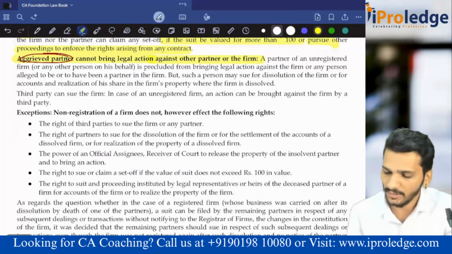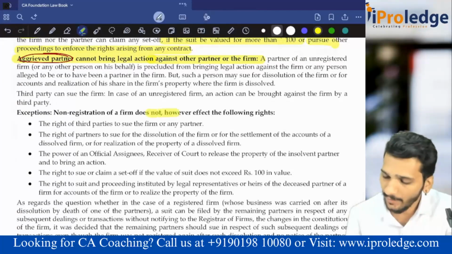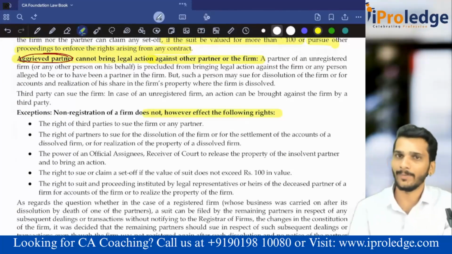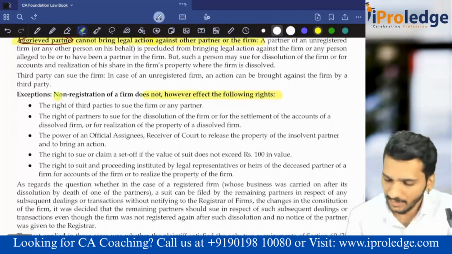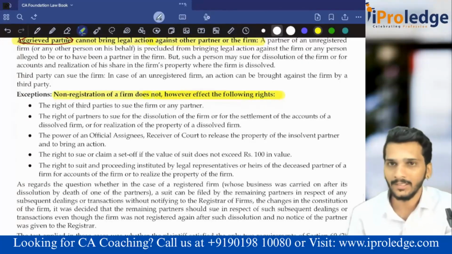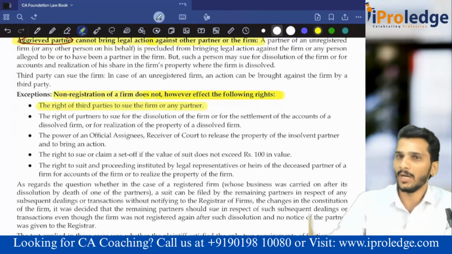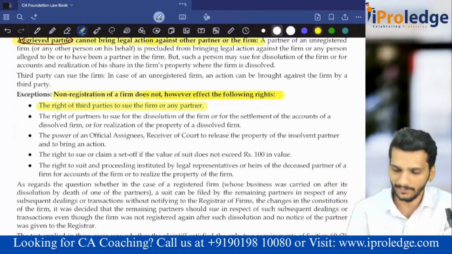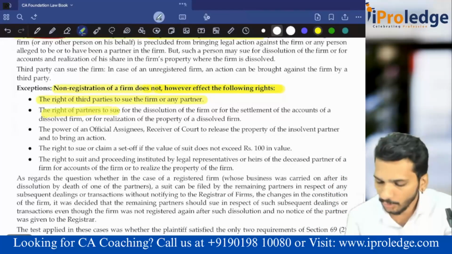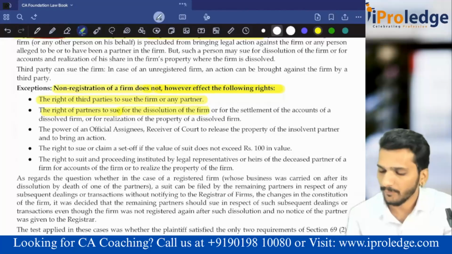But because of the non-registration, these rights will not be affected. That means these rights are available. Exceptions: non-registration of the firm does not, however, affect the following rights. One is the right of a third party to sue the firm or any other partner. Outsiders can come and sue us. That is possible. And the right of a partner to sue for dissolution of the firm or for settlement of the